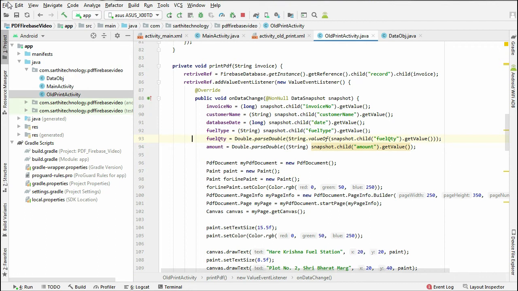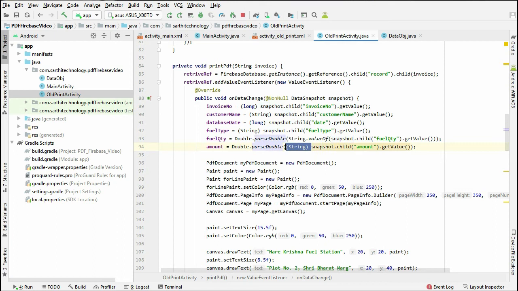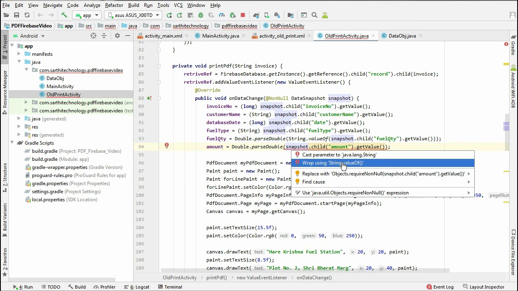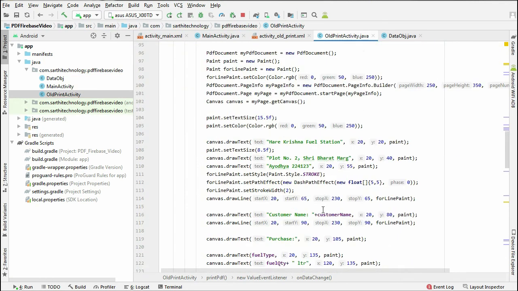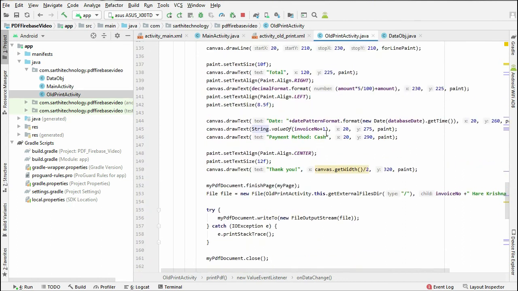After many errors I have resolved, and first we need to change this to String.valueOf. So press Alt+Enter here, and don't use this cast, just use String.valueOf. The second is here we need to remove this +1. Now run this.